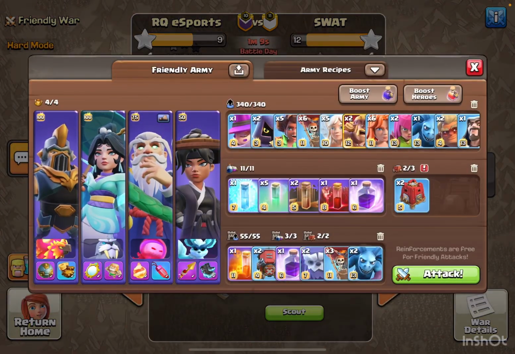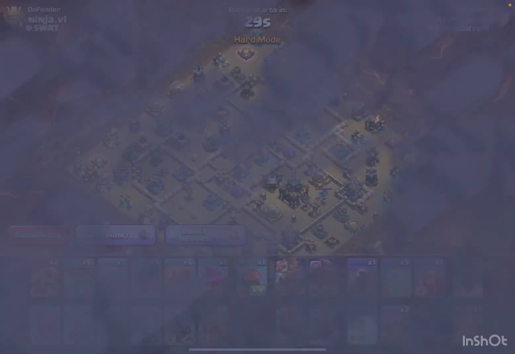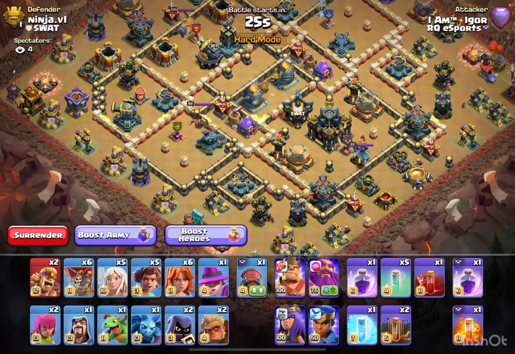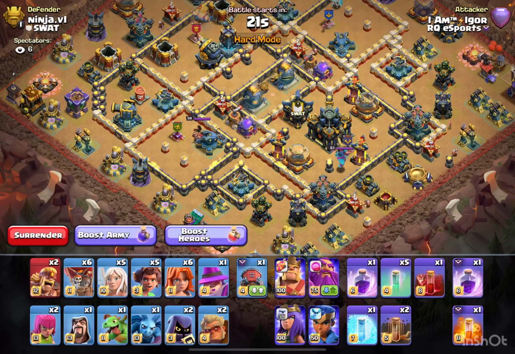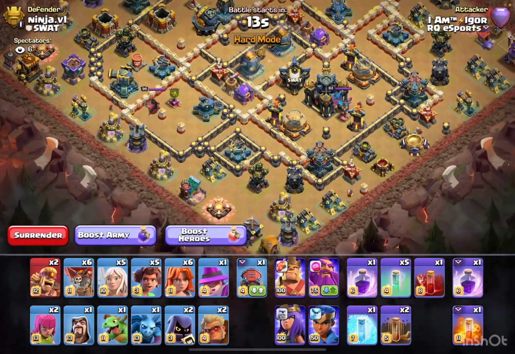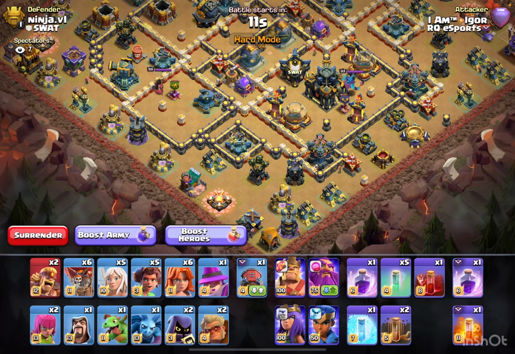Alright, so next up, as you can see, the scoreline is 12-9, which means that I basically have to triple in order for us to tie on stars. And it would actually mean that we would win on percentage if I do triple. But as you can see, a very, very similar style of base. It's a double rage base with Town Hall isolated to one side. And the plan here is very similar,